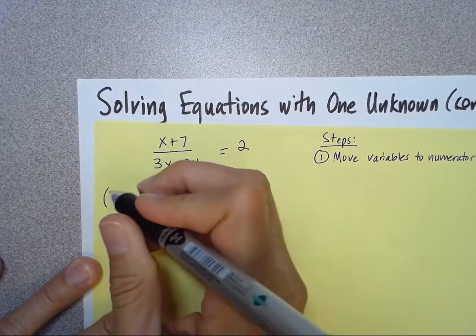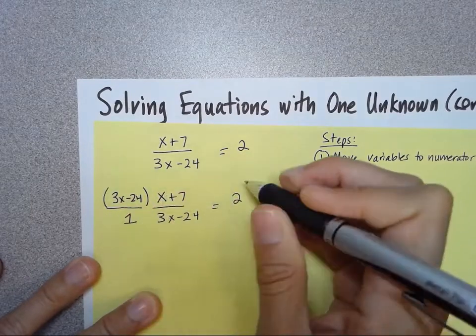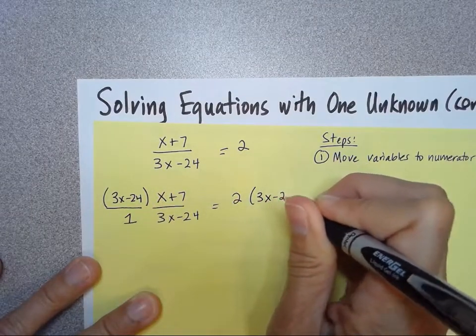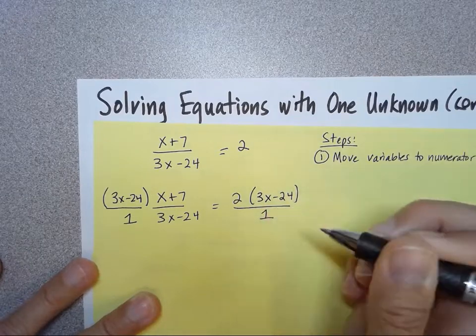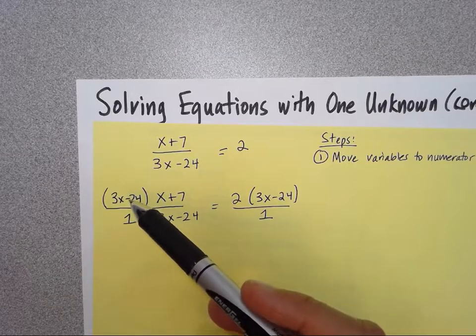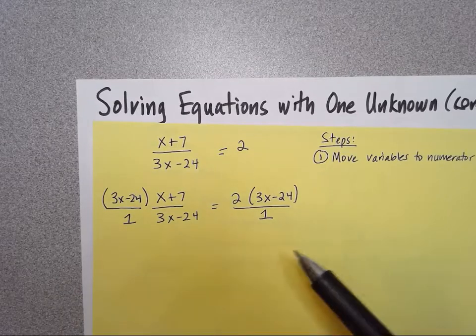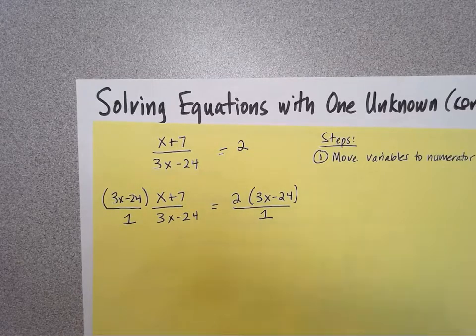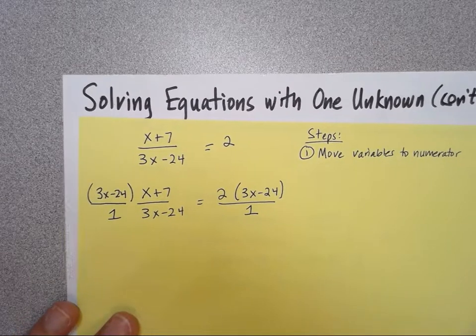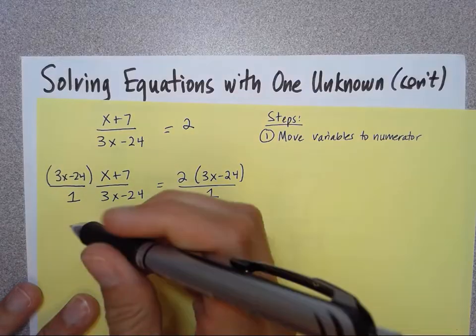I'm going to multiply both sides by that entire denominator. Okay, and that might be a place where people made an error. And I'll go ahead and put that over 1 too, just so you can see it. But we all know at this point we're pretty good with that. 1 is that nice identity for division and multiplication. Anytime I divide by 1, I get whatever I had. Anytime I multiply by 1, I get what I started with. So I can insert 1s if I want to as placeholders, or as you get more comfortable, you don't need to do that anymore. Okay, so I've multiplied both sides by this entire denominator,